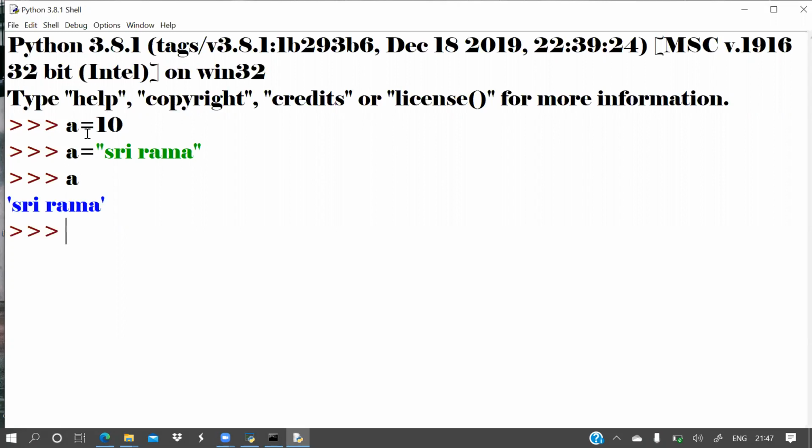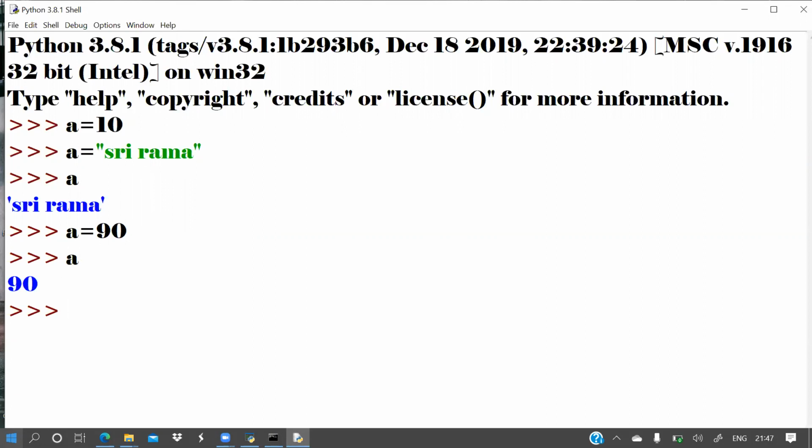Why? Because this is a variable. When you stored 10 in A and you stored Sri Rama in A, then it will store Sri Rama, not 10. Now again, if I store A is equal to 90, now what is the value of A? 90. That's all. In that way, the variable's value changes.